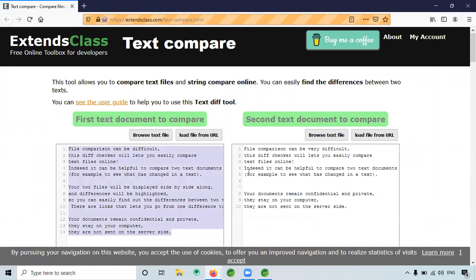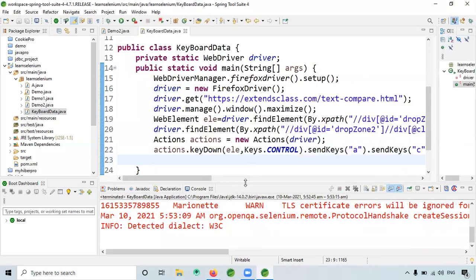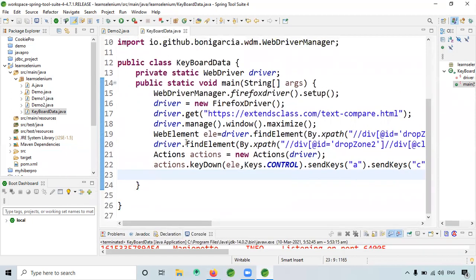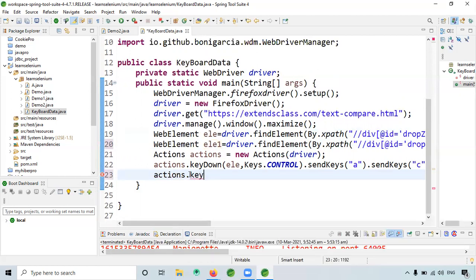See, it is selecting. If you observe in the left, it is selecting. Now it might have copied as well. So now I will copy this and paste here, ele1. Same thing, actions dot keyDown.